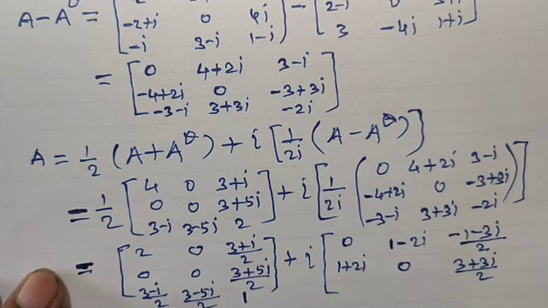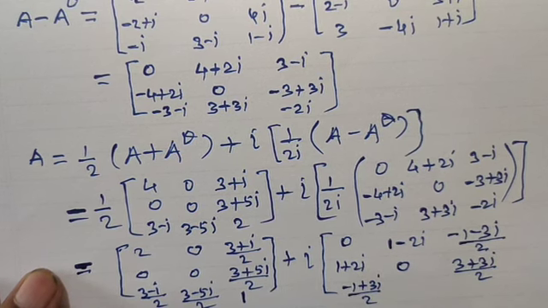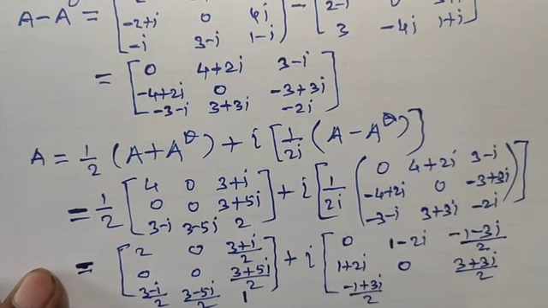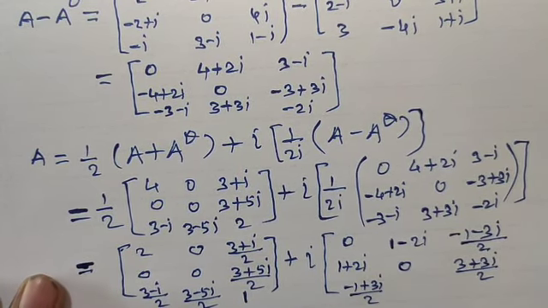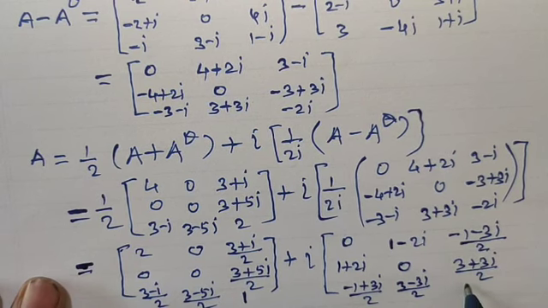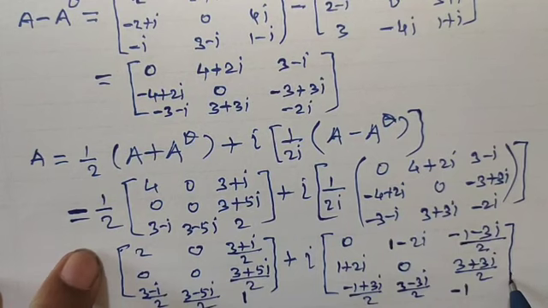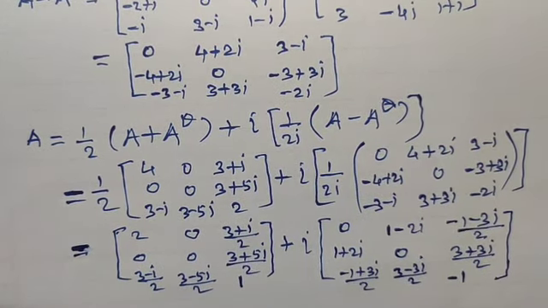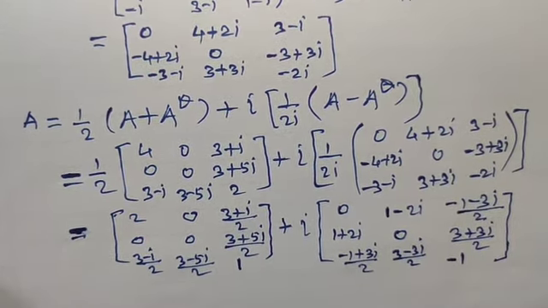And third row becomes minus 1 plus 3i divided by 2, 3 minus 3i divided by 2, and 1 minus 2i divided by 2i, that is minus 1. You can check this, and which is equal to, we can write this,